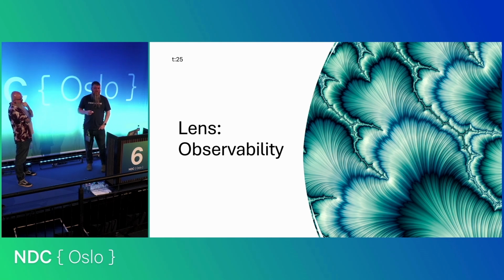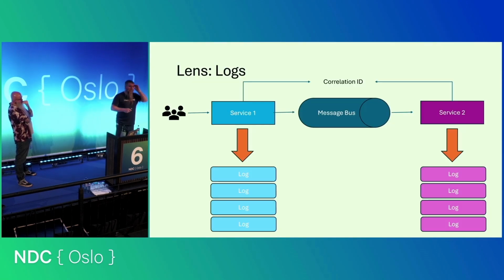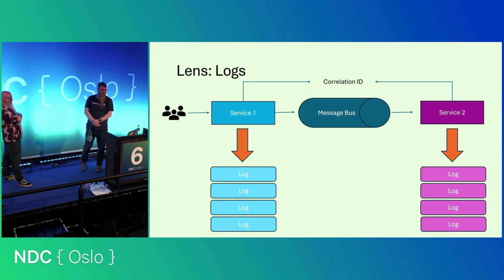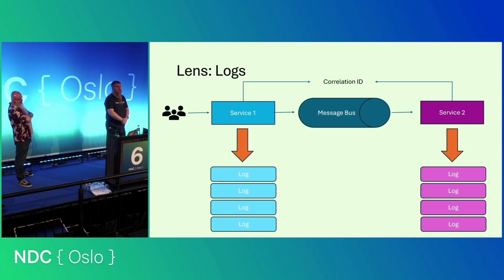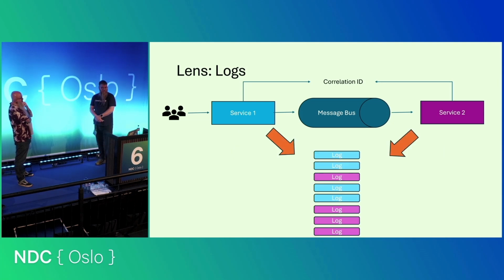But if you think about how we may have done this in the past, it's not new. We have logs, and we have correlations, and you have a service that will produce some logs that say what it was doing, and then we put a correlation ID on the top of it, maybe an operation ID or something that's bespoke to Azure Service Bus or RabbitMQ. And then on the other side, the logs will be produced by the consuming service, and then we've got 2 logs, and then we throw them into a centralized logging platform.